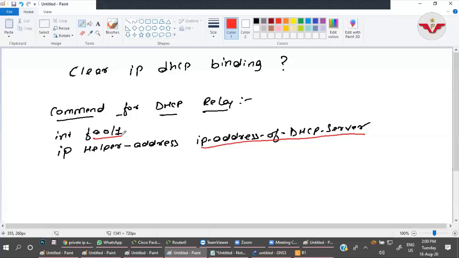How do I get this Packet Tracer? You said that you will be sending one file for this. You don't have Packet Tracer? I got my laptop, but I don't have Packet Tracer. Okay, no worries. I will send you the Packet Tracer link. I have stored it in my Google Cloud, so you can download it from there and install it. Or else you can also install it through the NetAcad website. Yeah, I have seen the process. I will try, and if it's not possible, I will ask you for the link. Okay, I will send it within a few minutes, for downloading the latest version of Packet Tracer.